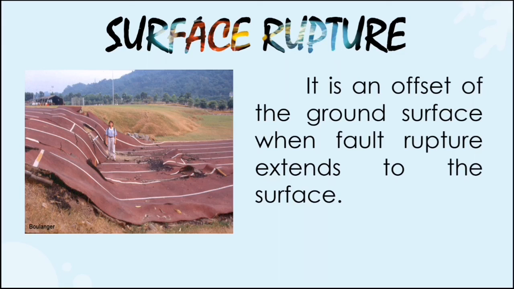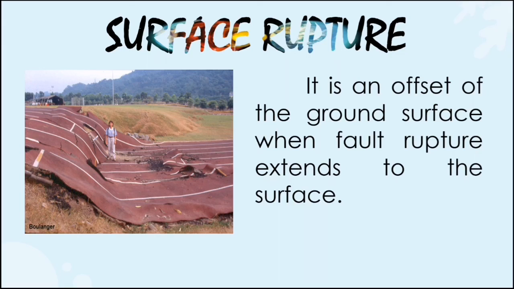Kaya sinabing surface rupture. So, any structure built across the fault is at risk of being torn apart as the two sides of the fault slip past each other. So, they tend to move from different or opposite directions. So, structures that span a surface fault are likely to suffer a greater deal of damage. Of course naman, syempre nga andun yung pinaka-main na epekto niya eh. So, a winning strategy is to avoid building across or near these hazards or active fault